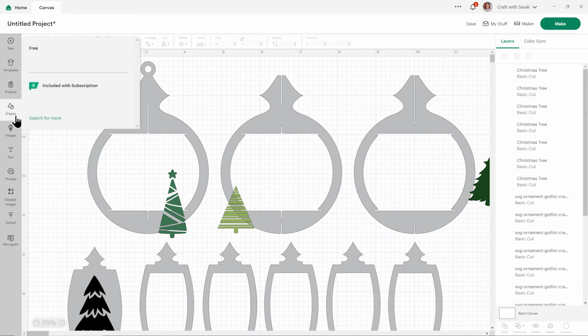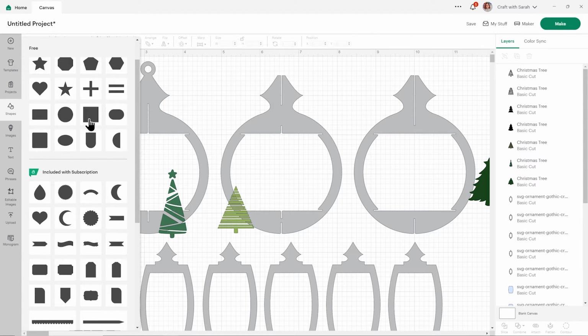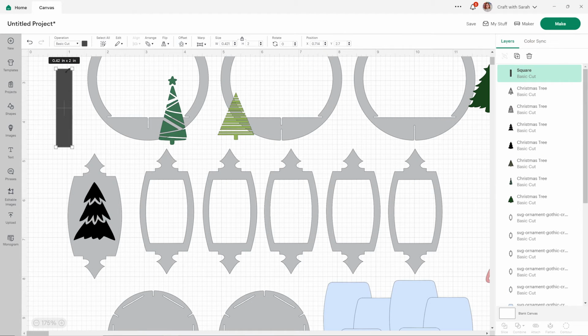I didn't mean to click images, I meant to click shapes. And there we go. Just make a teeny tiny tree trunk from that instead. There we go. Oh, a little bit further down, otherwise we're going to have the same problem.